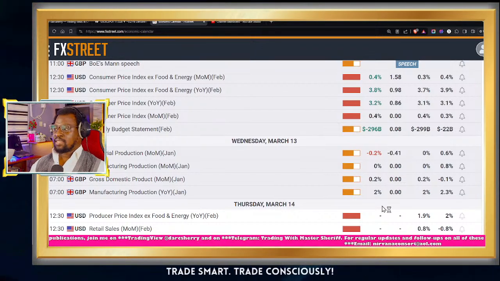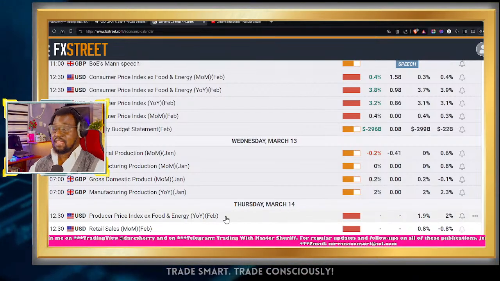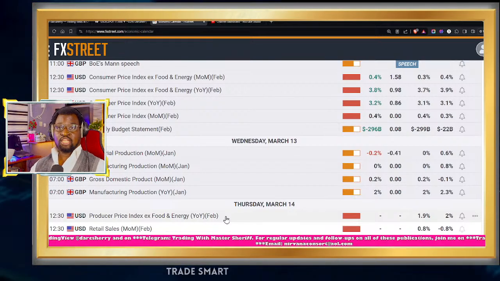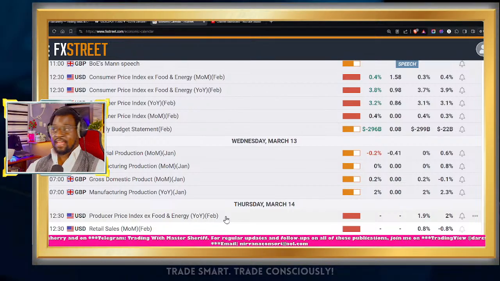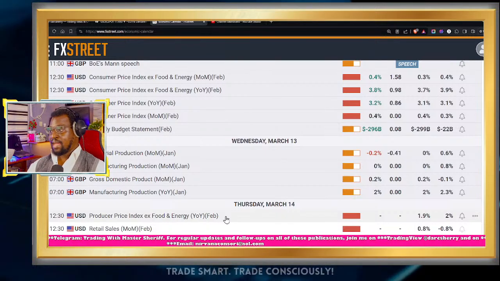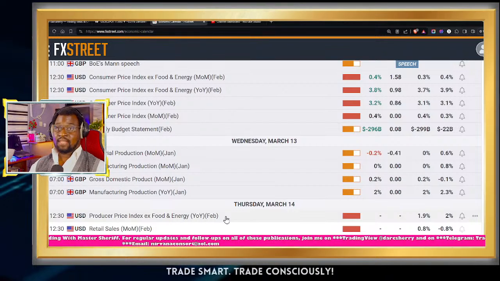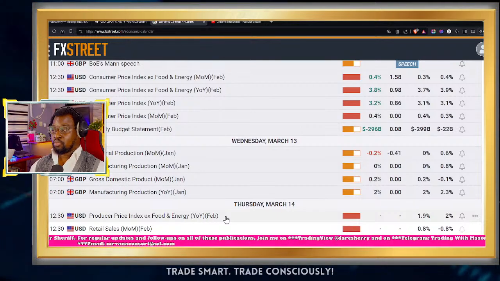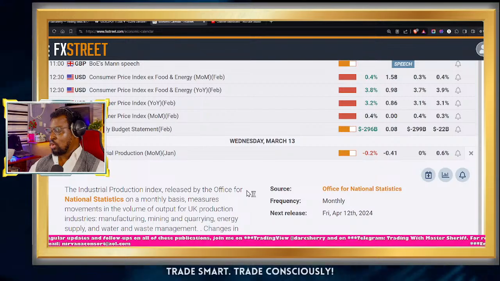So today, Wednesday, March 13th, we do not have any high-impact event coming up. So what I did was to include the mid-tier economic features, and all we have here is from the United Kingdom. And if you look at what we have here, all the events from the United Kingdom have already occurred and happened this morning. So we had the industrial production, which gives us an insight into the